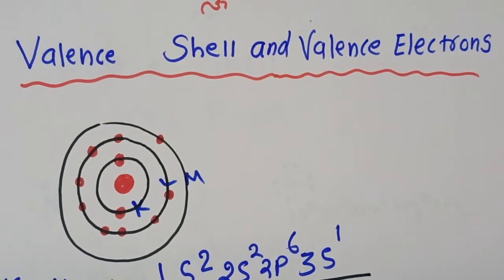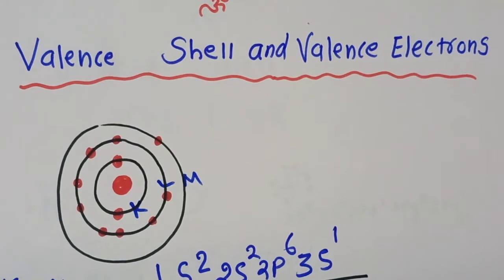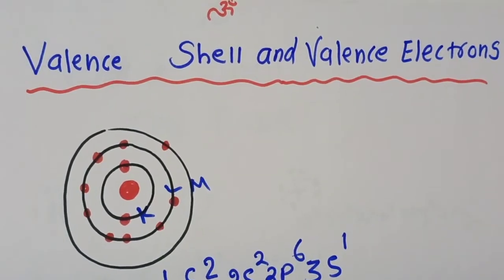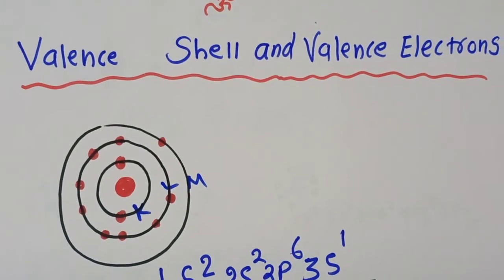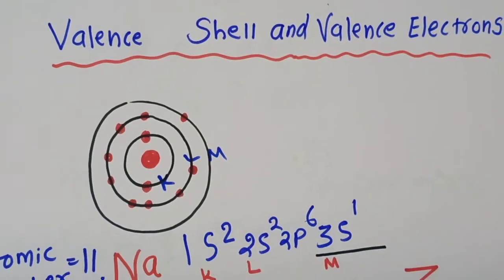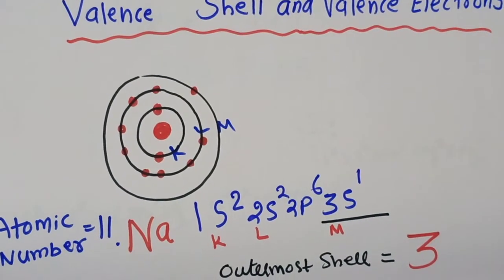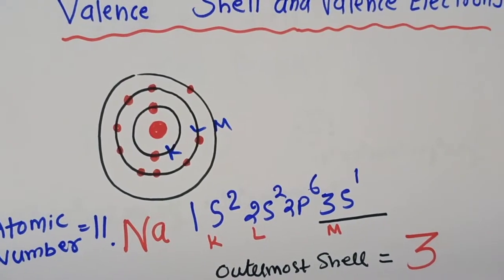Students, today I am going to explain the basic concept of the valence shell and the valence electron. In this video I will also explain what the lone pair of electrons are. So here I have taken the example of our sodium atom. The atomic number of sodium is 11 and we will write the configuration as 1s2, 2s2, 2p6 and the